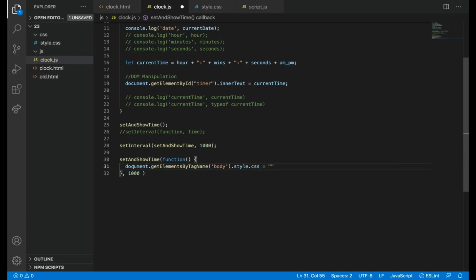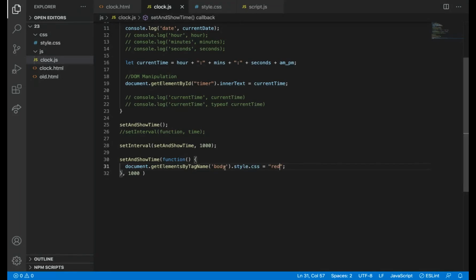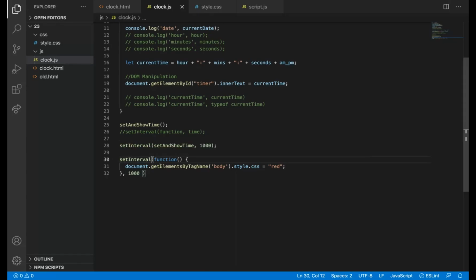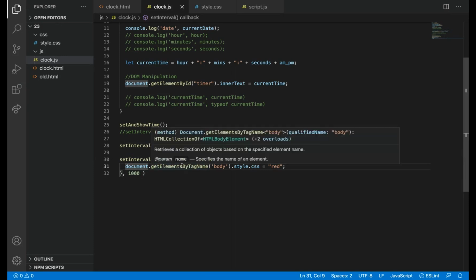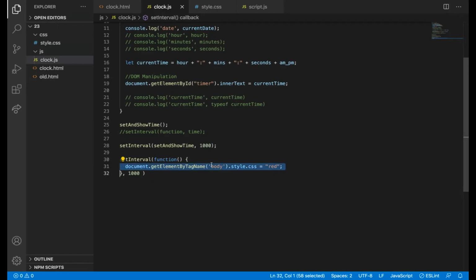I also forgot the syntax, I'm just trying. We will see this getElementBy syntax later.